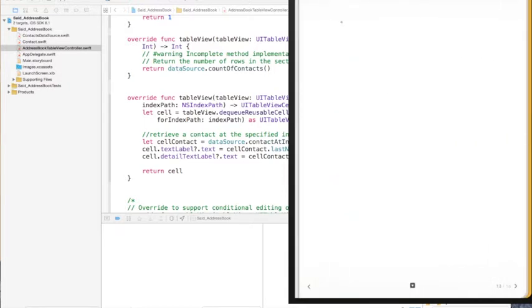Then to set up the segue, we will need to add two action functions in the contact list controller. We will need to set up a cancel function, and this needs to be an Interface Builder action, and we need to add a save function. The cancel function will dismiss the view controller,